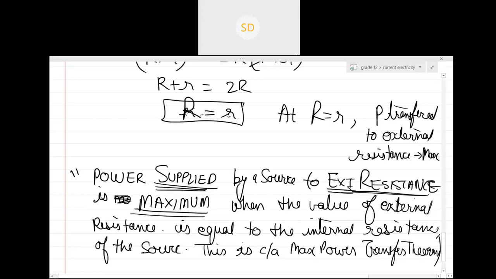Hello? No, sir. Okay. Was this a part of your school syllabus? No, sir. So they taught us this condition. Yeah, this has the name maximum power transfer theorem. But not maximum power, they told maximum current for us. Well, it is the same thing, when the power becomes maximum, the current will also become maximum.